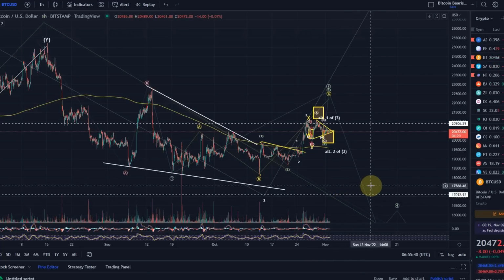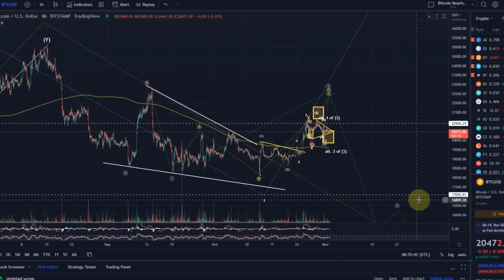Of course, we're open to the idea, but we also want to see the evidence in the chart. Without the evidence in the chart, it's just pure speculation. Of course, anything could happen, but that's why we use the Elliott waves, because they give us a good idea of the possibilities of the market, the capabilities of the market at any point in time. In the end, we can only trade what's in front of us. We can only use the information that's in front of us, and anything else is really just a guess and speculation. And therefore, I would prefer to stay objective, to wait for the evidence, and then we can react to it. That's what we normally do.